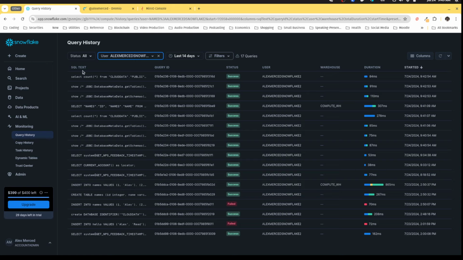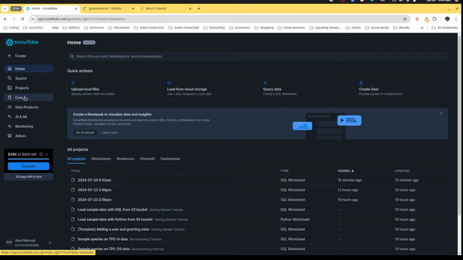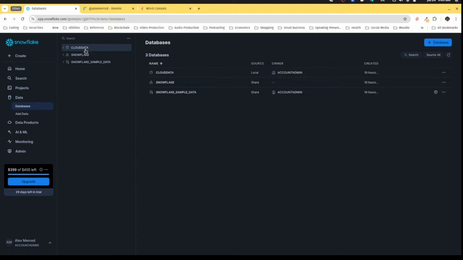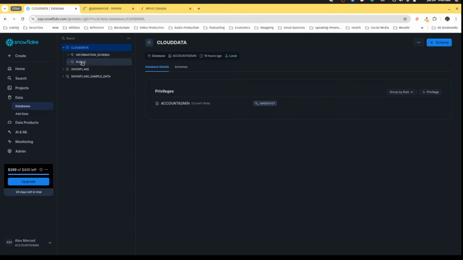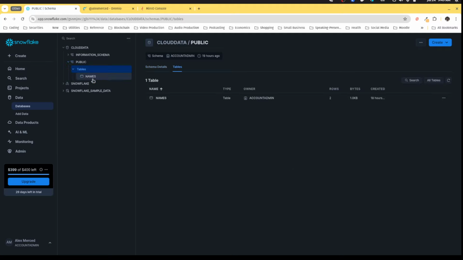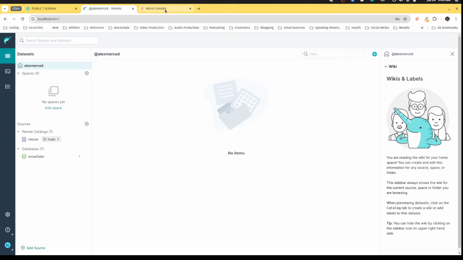So here I have my Snowflake account and you can see the activity in the Snowflake account, and you can see that I have a database called Cloud Data, and in that Cloud Data database in the public schema, I have a table called names. Okay, so I have a table called names here, and then on Minio,